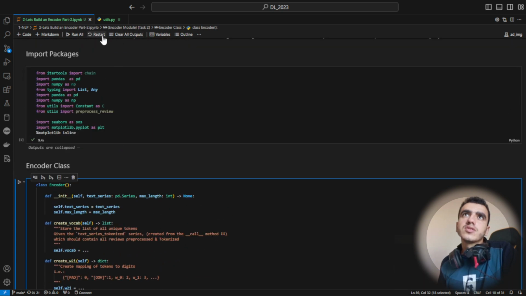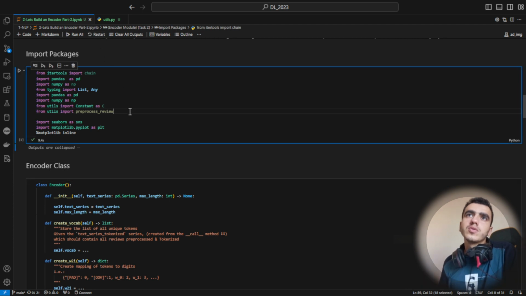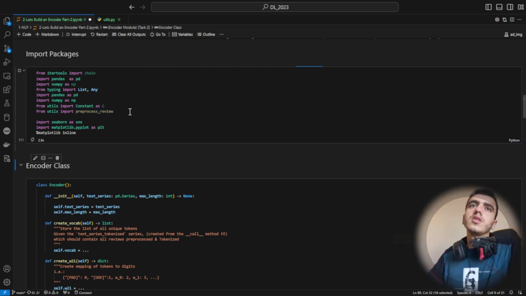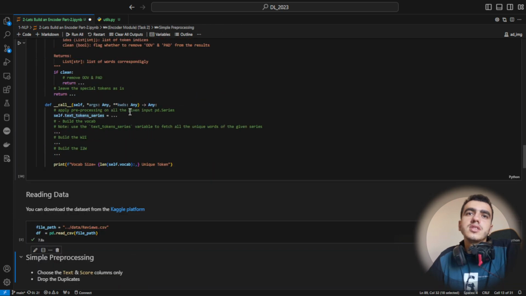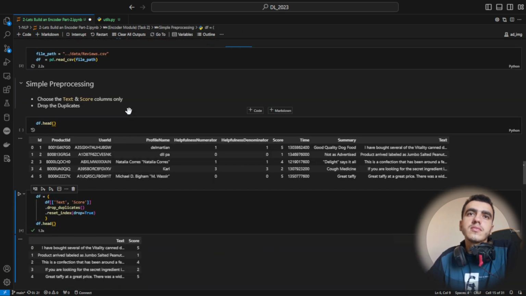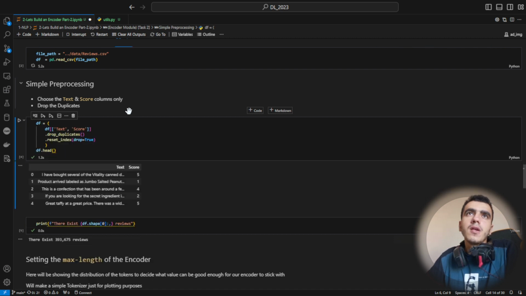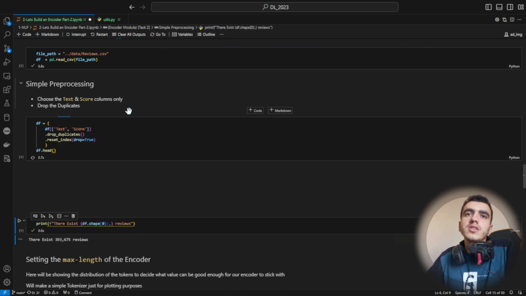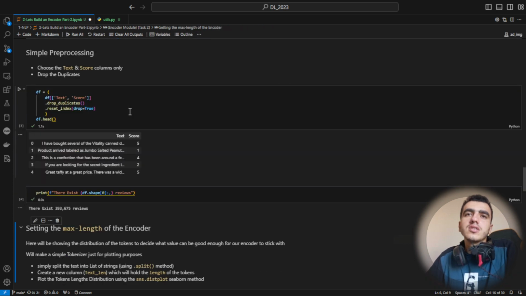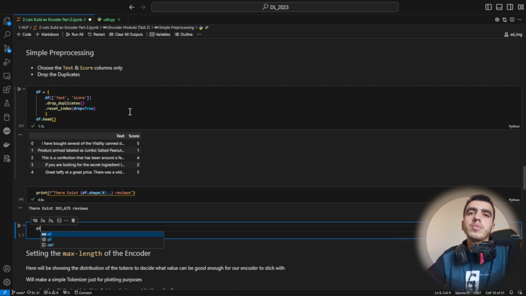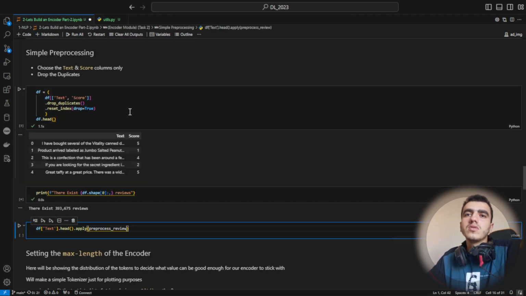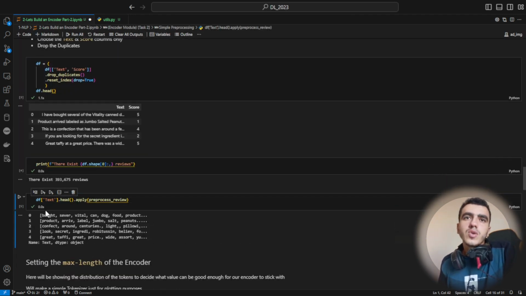And for example, if I restart our notebook to be aligned with the pre-process review method. Okay, and let's start again with our data. Let's remove this, and here we remove the duplicates. We check this, and let's start to apply this pre-processing. And here we check the text and also the first 5 lines only, and we can pre-process the review like this. Okay, so as you can see